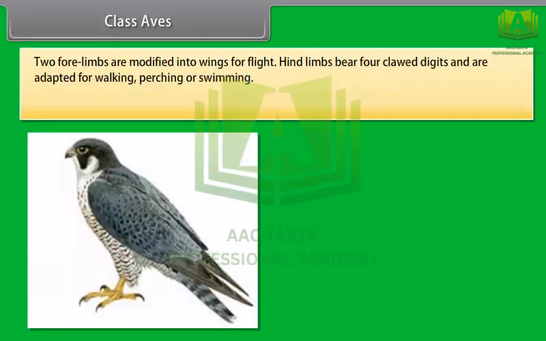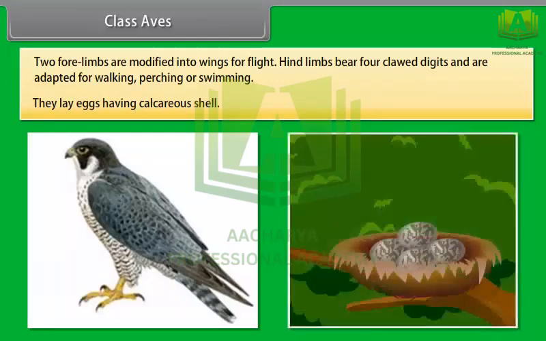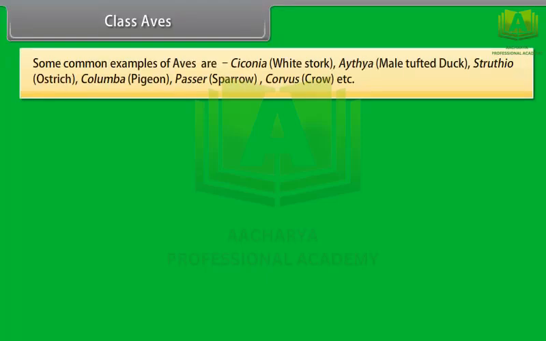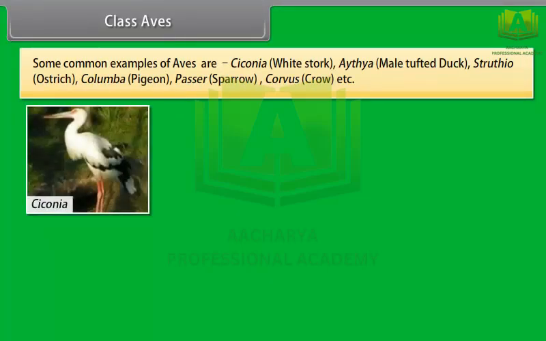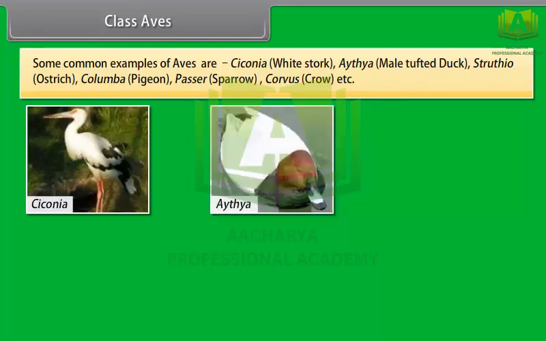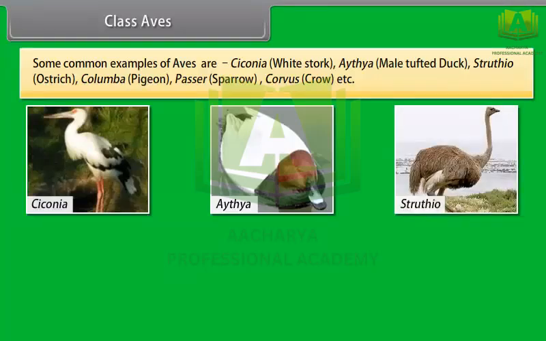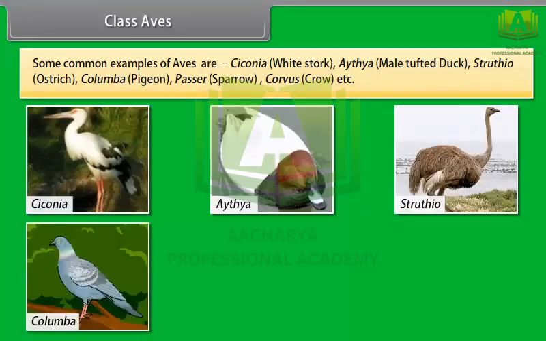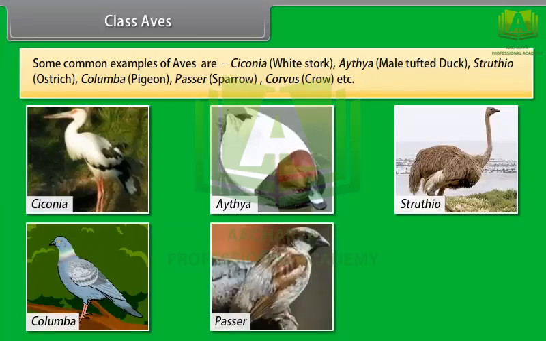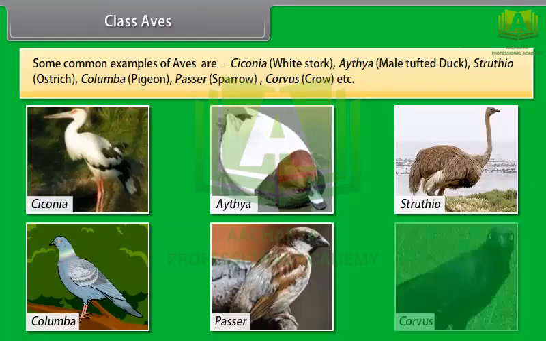Two forelimbs are modified into wings for flight. Hind limbs bear four-clawed digits and are adapted for walking, perching, or swimming. They lay eggs having a calcareous shell. Some common examples of Aves are Ciconia, white stork, Aythya, male tufted duck, Struthio, ostrich, Columba, pigeon, Passer, sparrow, Corvus,